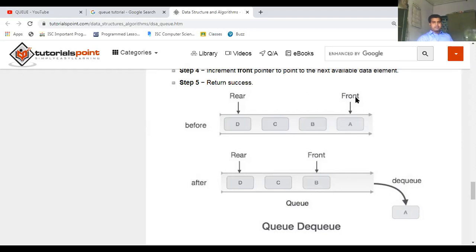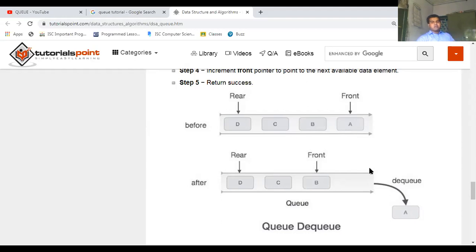Now the front pointer indicates the value B as the front value of the modified queue. Due to this, the value A gets detached from the entire queue list, and thus it goes back into the memory heap. The value A gets deleted.